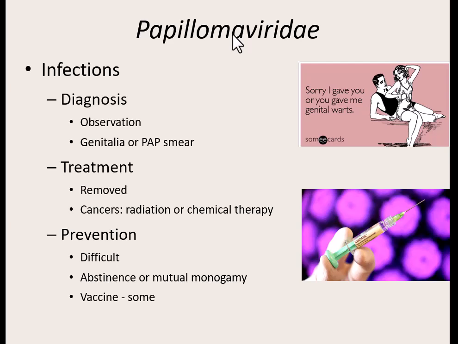If they cause some type of cancer, well, then you're going to have to go through some type of cancer treatment. Prevention's difficult because lots of people are carriers of these, and they're very, very easily spread. Plantar warts are very common in kids because it's not uncommon for kids to say, oh, I like your shoes, let me try them on. They're always trying on other kids' shoes. And as long as that virus is in there because one person had a wart, it can spread. For the ones that are spread through sexual intercourse, the prevention is abstinence or mutual monogamy,